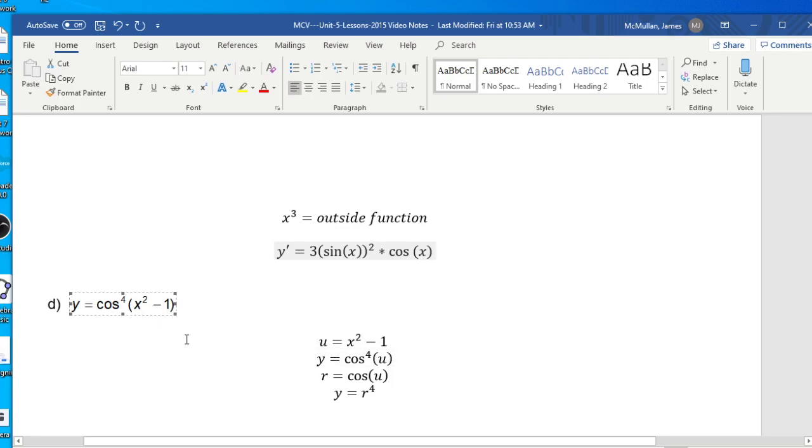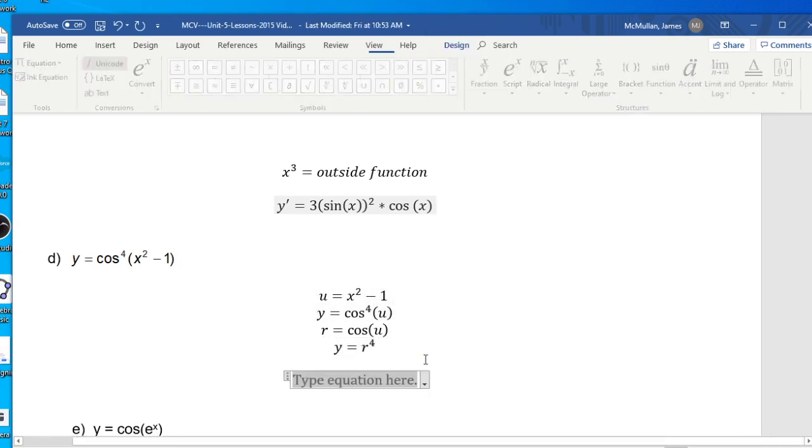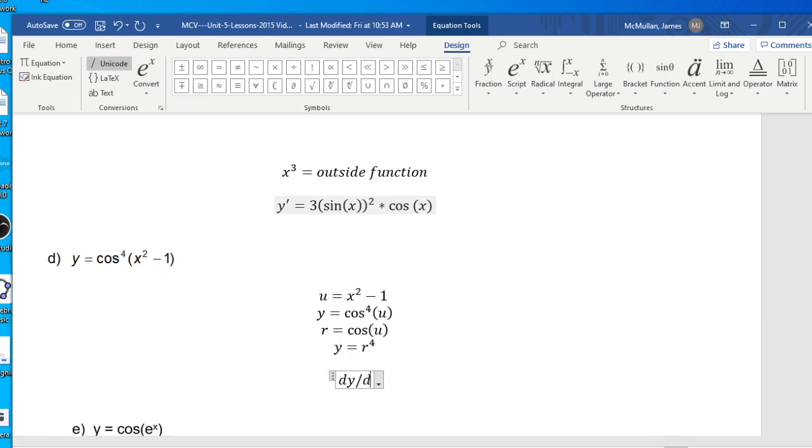The middle function, if you like, is cos, and the outside function is raised to the power of 4. So what we're looking at in this question is we're trying to take the derivative of y, given a couple of substitutions. Now, let's go through and do this. We know that dy dx